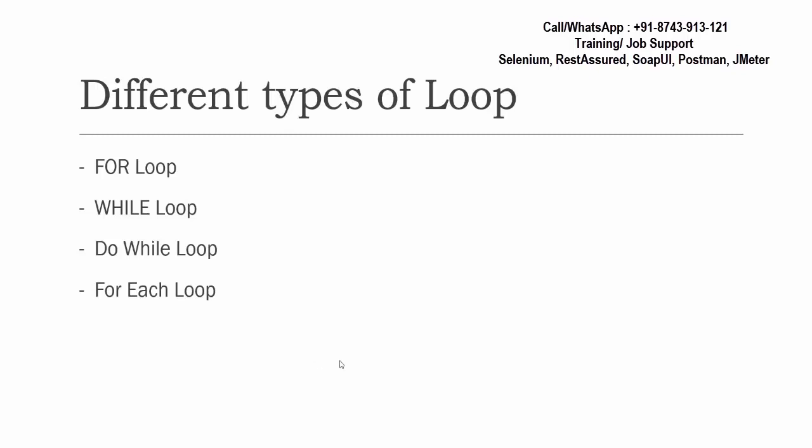But this loop is applicable when we store multiple data with the same name. As of now we are storing only one data in one variable. In that kind of case, we cannot use this for each loop, or advanced for loop. Advanced for loop or for each loop will be used when we have a group of data. Here in Java, if we create an array, it holds multiple data with a single name. So that is called a group of data.